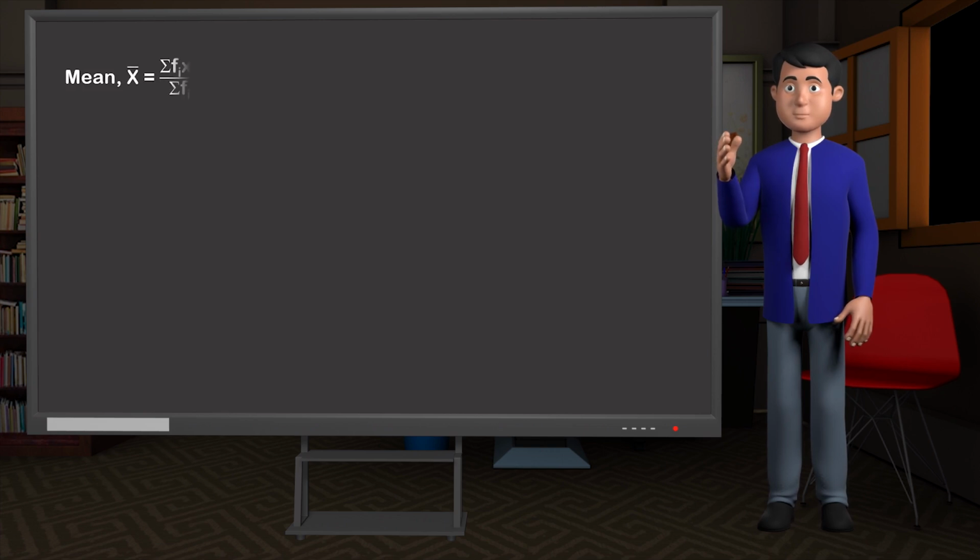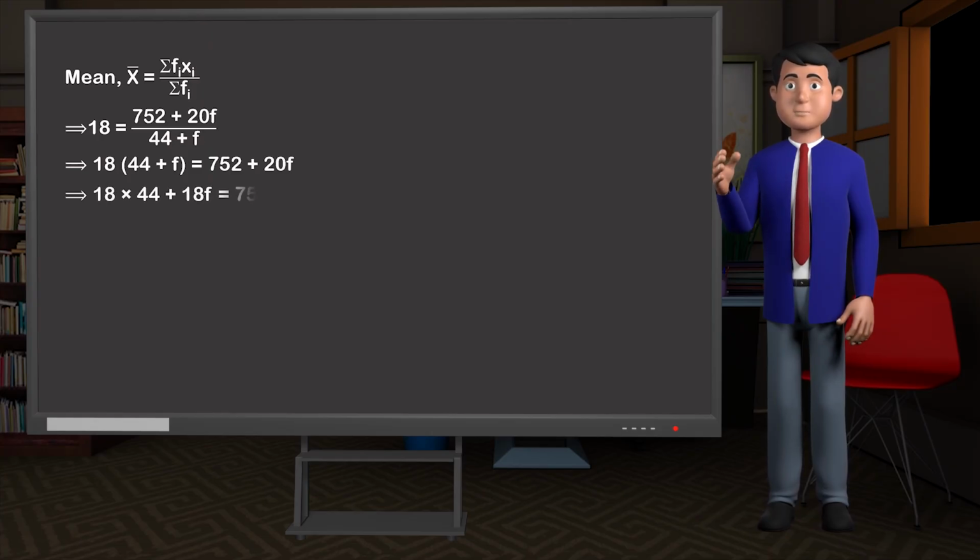Mean X bar is equal to sigma Fi Xi by sigma Fi, which implies 18 is equal to 752 plus 20F by 44 plus F, which implies 18 into 44 plus F is equal to 752 plus 20F, which implies 18 into 44 plus 18F is equal to 752 plus 20F, which implies 20F minus 18F is equal to 792 minus 752, which implies 2F is equal to 40, which implies F is equal to 40 by 2,